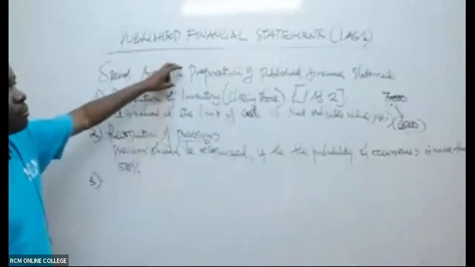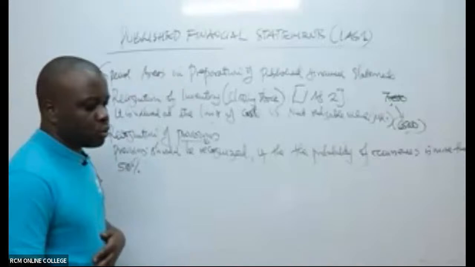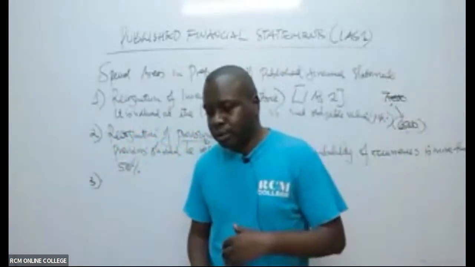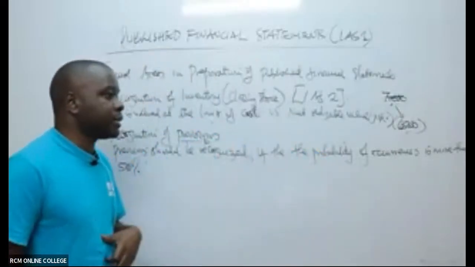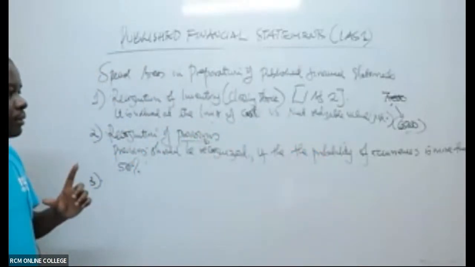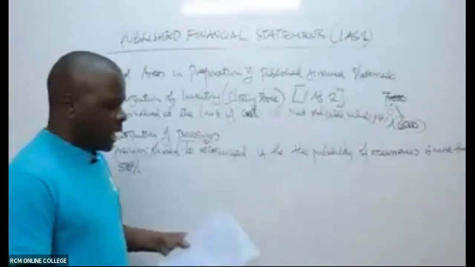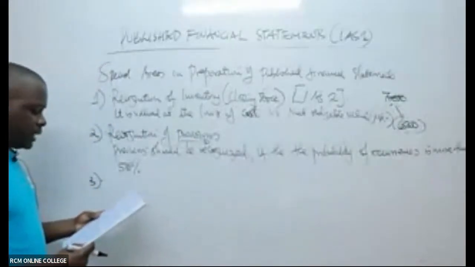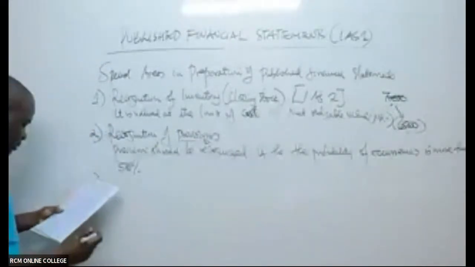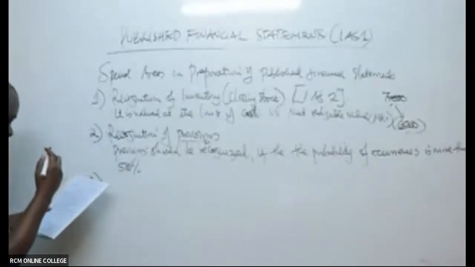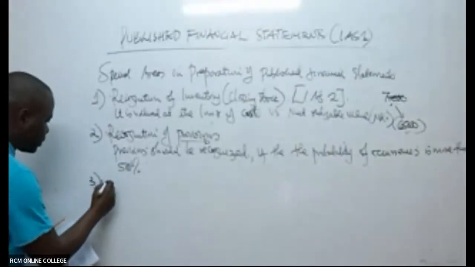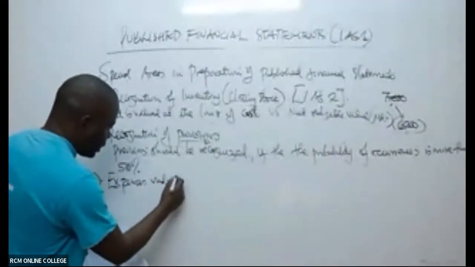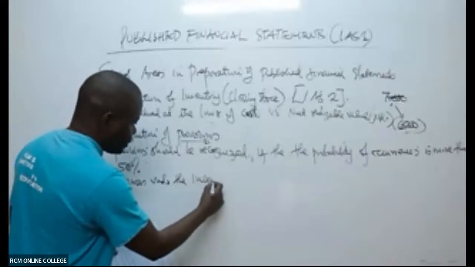So in published financial statements, you don't put everything, because they're going to be published out there. So you'll end up computing the cost of sales as one figure, and plug the figure into the income statement. So for the cost of sales, expenses under the income statement